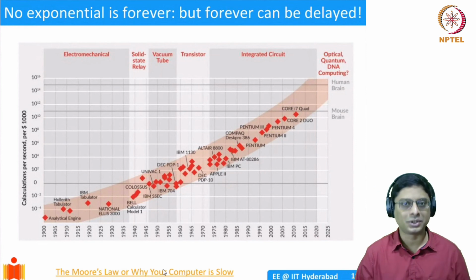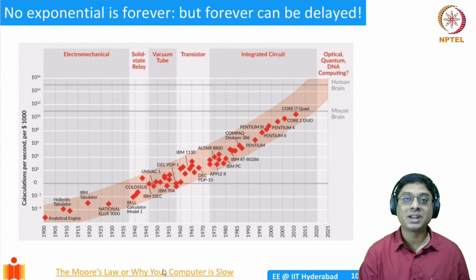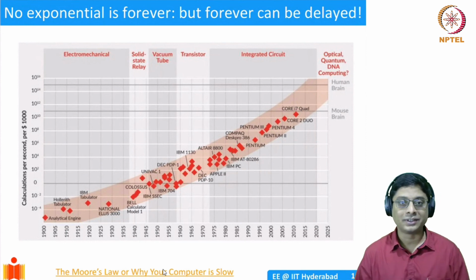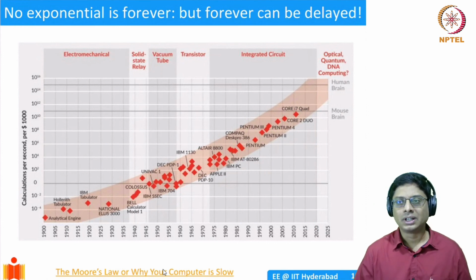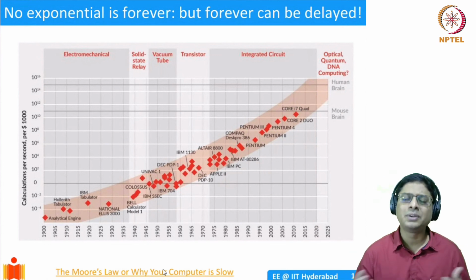That could be one potential direction. You bring an optical interconnect onto a chip, or we bring in quantum computing, which is a completely different paradigm altogether. And if it really works out in the field, it will change technology. You can't even imagine what it can do right now. Just like somebody in the 1950s could not have imagined what MOSFETs would have done in the last 70 years. Similarly, if quantum technology really is practical, we manage to implement it at a cost-effective level, then it will change the world. Or it could be based on biosystems, something called neuromorphic computing, and things like that.